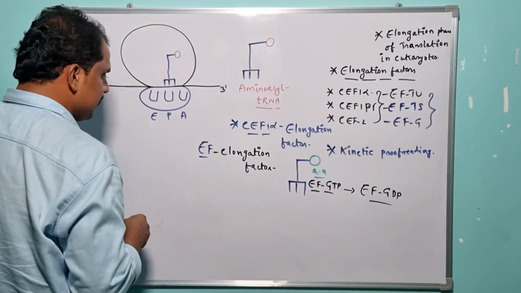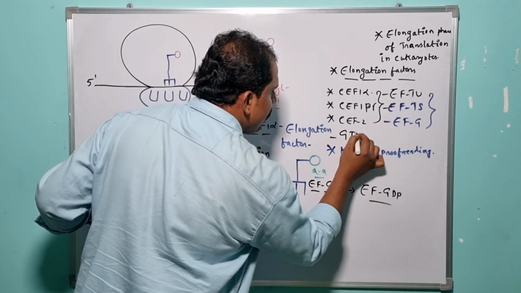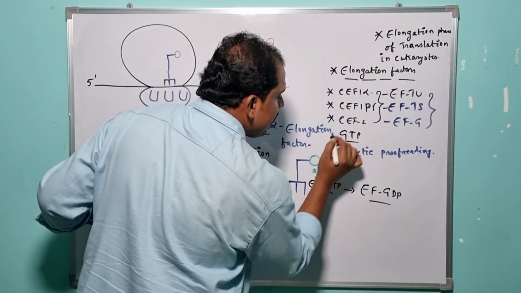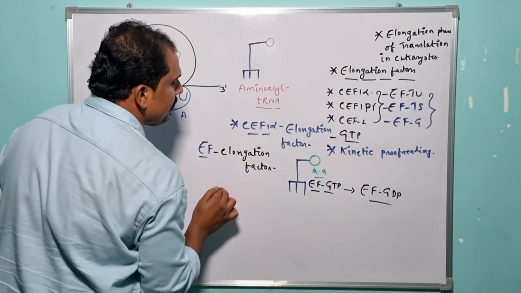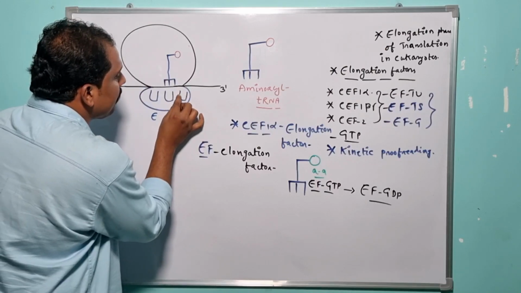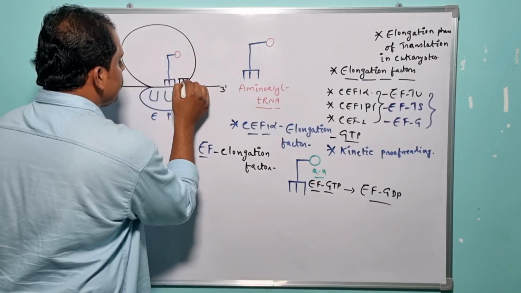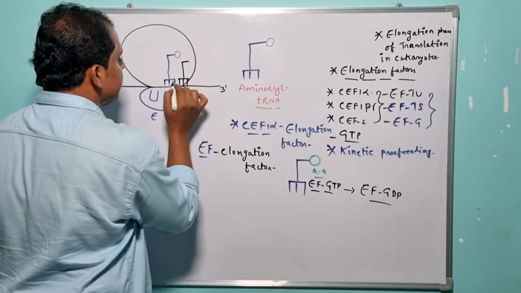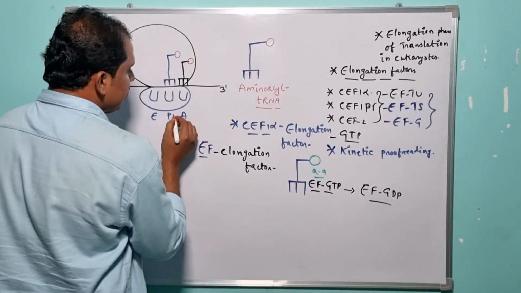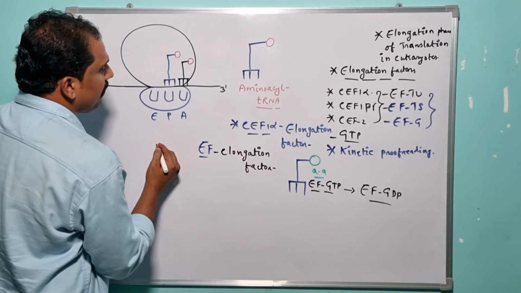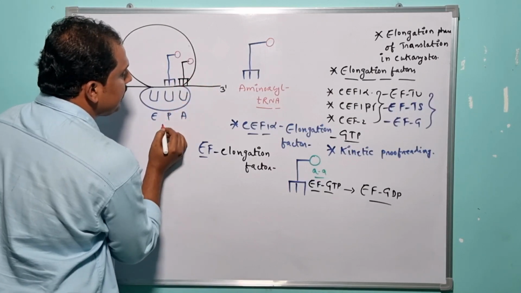The specific eukaryotic elongation factor 1 alpha takes the advantage of one GTP molecule. So by taking the advantage of one GTP molecule, the specific eukaryotic elongation factor 1 alpha is capable to recruit the amino acid tRNA with its encoding amino acid to the A site of the ribosome, right? So this is the amino acid tRNA with its encoding amino acid. So once the specific elongation factor has delivered the amino acid tRNA with its encoding amino acid to the A site of the ribosome,